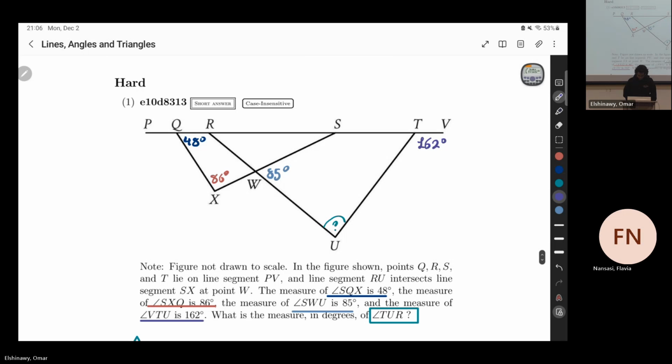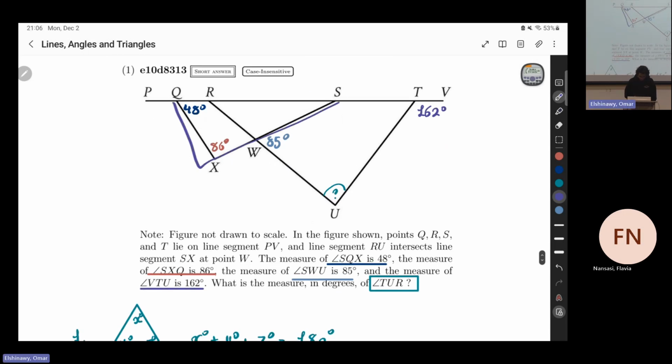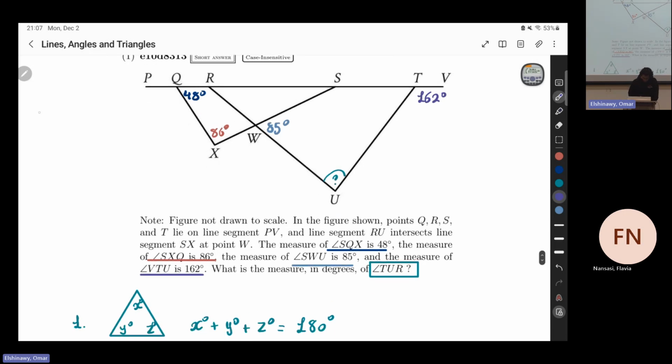I don't know if you see this, but this is a triangle. And we know two angles, we just don't know the third. So we can actually write in the triangle QXS